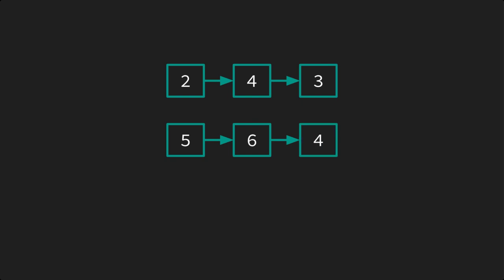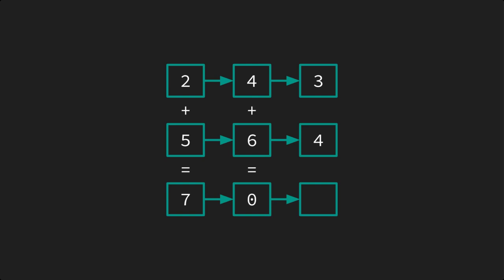Well, because it's given to us reversed, this is really easy. We do it the same way as before. Starting with the ones place, we add up 2 and 5 for 7, add up 4 and 6 for 10, and in the hundredths place, carrying the 1, 1 plus 3 plus 4 is 8. As long as you remember to carry over, this is pretty easy, but this is where people screw it up. People don't carry over correctly into the next digit, and so they don't get the right answer. We'll talk about how to implement this in Python in just a minute, but first we need to talk about